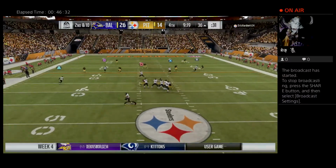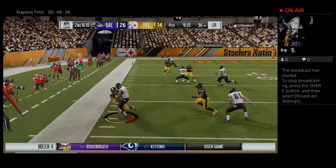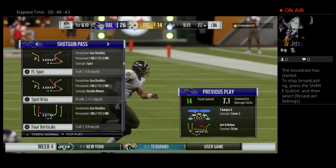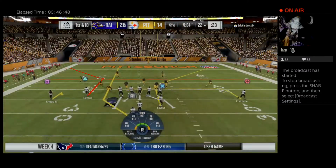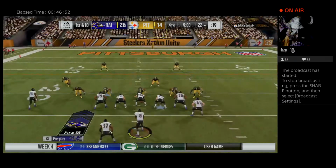An absolute mess. Dancing to his left. And some room to maneuver. They get 14 on that one. That's good for a Baltimore first down. That was an excellent job of recognizing the situation. His first read wasn't there. Heck, his second read wasn't there. But he bought himself a little extra time scrambling out of the pocket, got to the sticks, and picked up